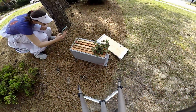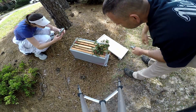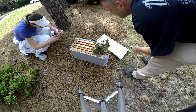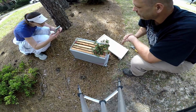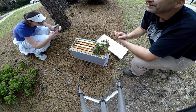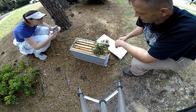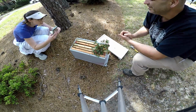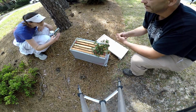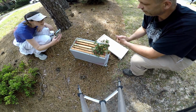All right, guys, so we just moved it to the box. It looks like they're fanning kind of voraciously. Look at that, big words from a beekeeper. I think part of our job as beekeepers is to try to share as much knowledge as we can, because it's kind of becoming a dying art, and the need for giving bees a good home. Yeah, they'll get a good home in the wild, but the problem is we make sure they've got food and that they're taken care of. Obviously this isn't a tree, this isn't what they would have picked necessarily, but